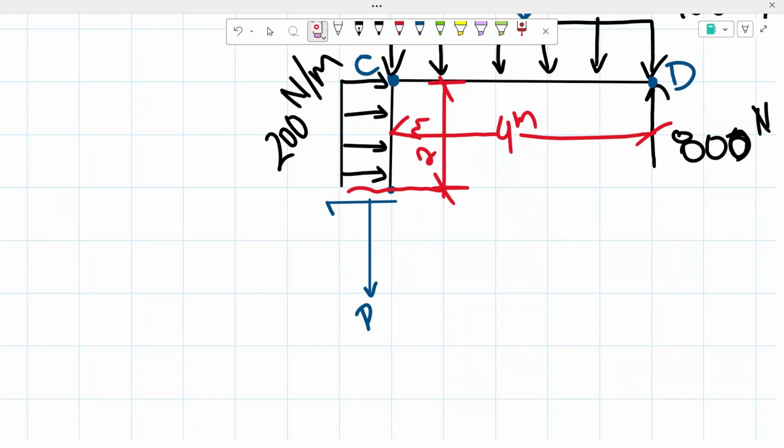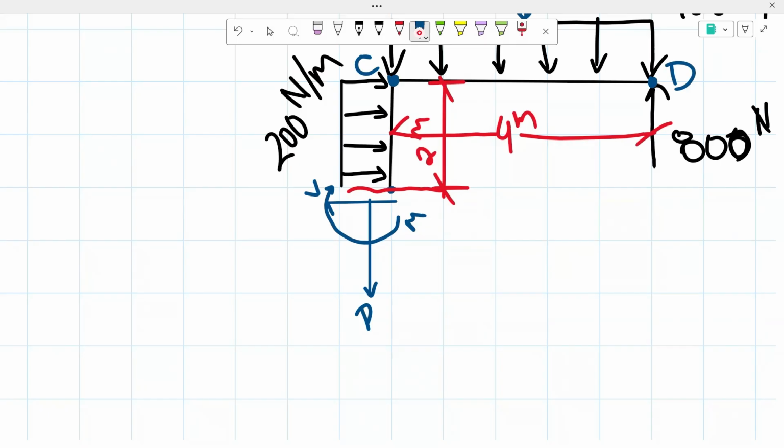My shear force, I like writing as V. And then for our moment, we know that it's going to be going counterclockwise, M. Okay, now that we have everything,